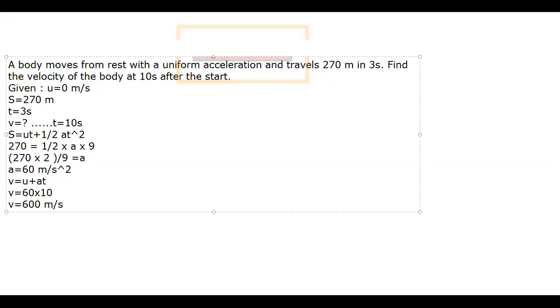Okay, so you have to understand, you may not get the answer directly. You have to find out one thing or the other, and that's why you are having different equations of motion. Accordingly, you can take your call and find out which one is correct. So now let's start with another interesting numerical.